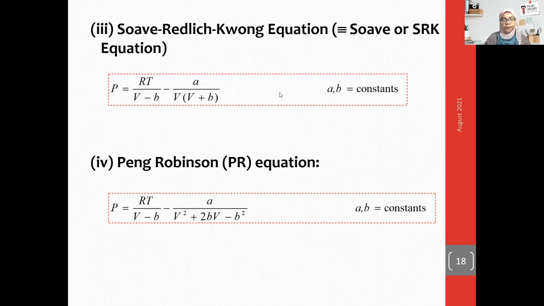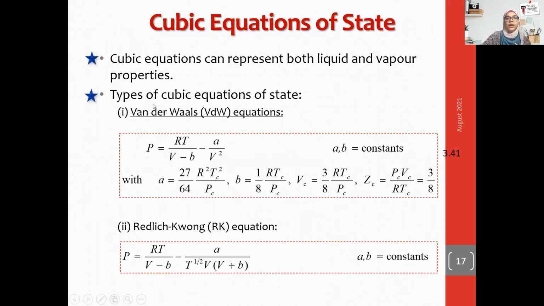Okay, we should know that this equation is not perfect. All the equations are not perfect. For example, the van der Waals equation is applicable at low temperature and pressure. So that means